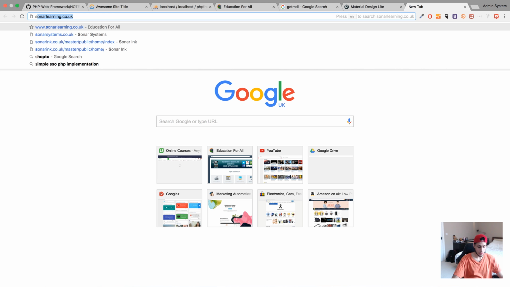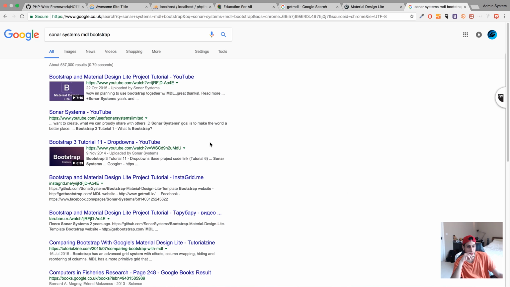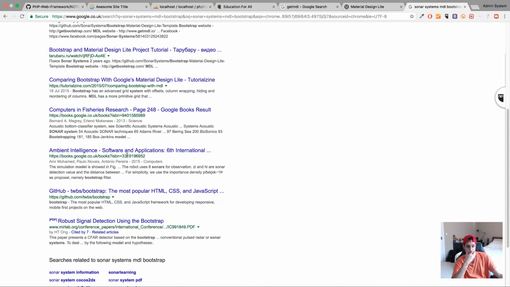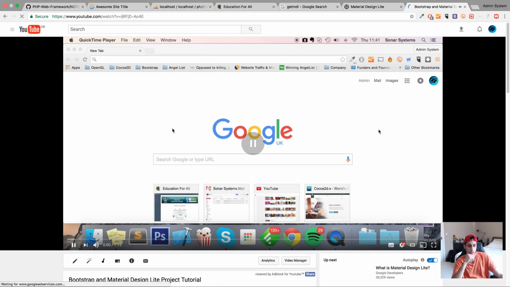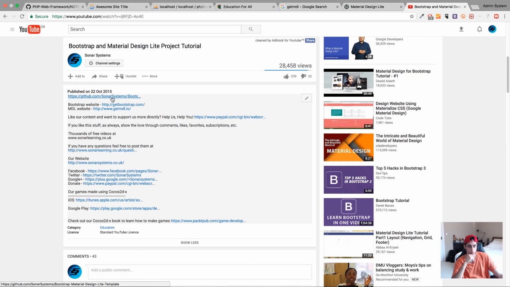Also, I want to go to Sonar Systems MDL Bootstrap. I did create a tutorial almost 2 years ago on how to integrate Bootstrap and Material Design Lite together. This will help. So if I go to the GitHub page,